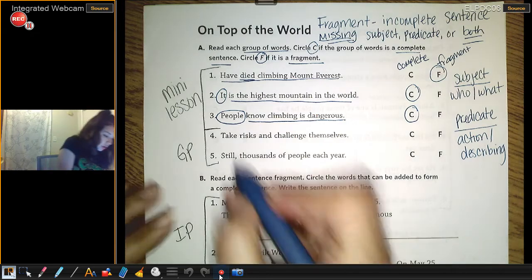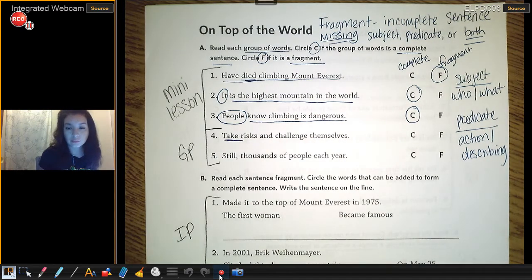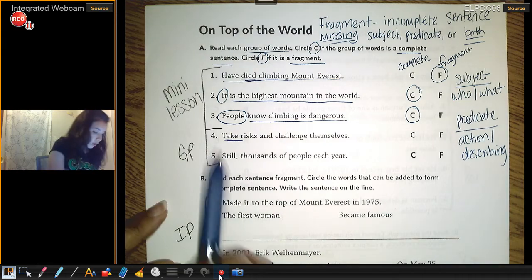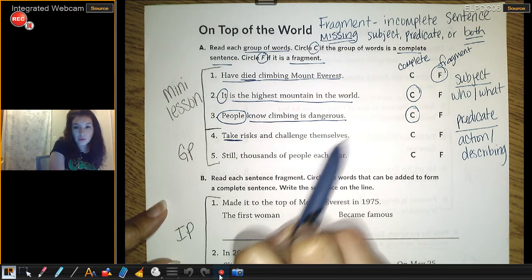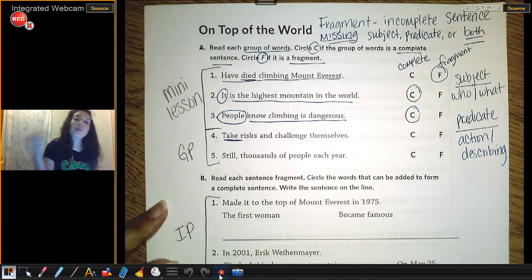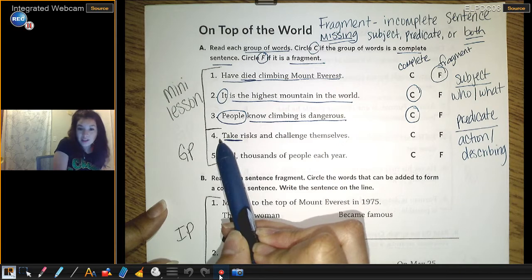Well, I see here it's starting with an action word. Take risks. Okay. Do we know who's taking risks and challenging themselves? We know themselves, but who is themselves? It has to refer back to someone, okay? Which it probably would be referring back to people, but I need to know it in this